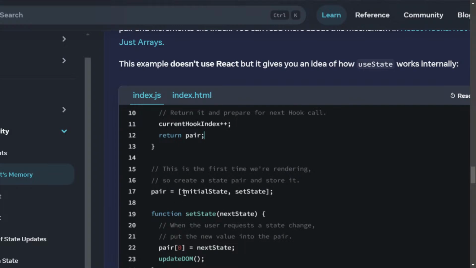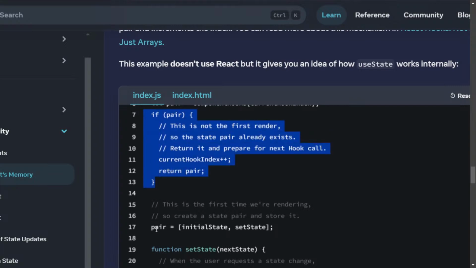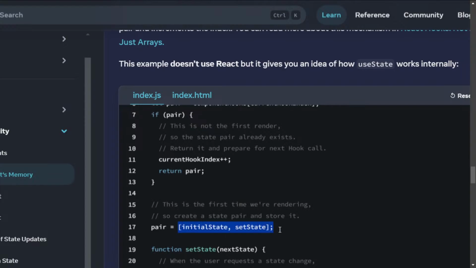This is not the first render, so the state pair already exists. Return it, preparing for the next hook call. Pair of initial state and the set state,